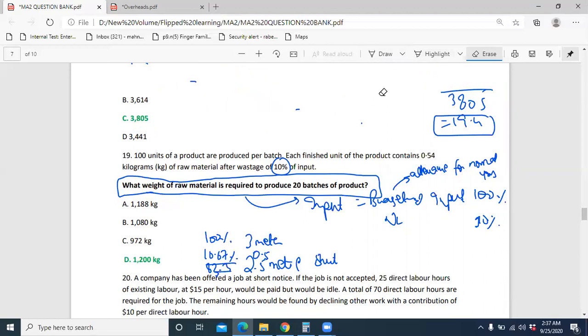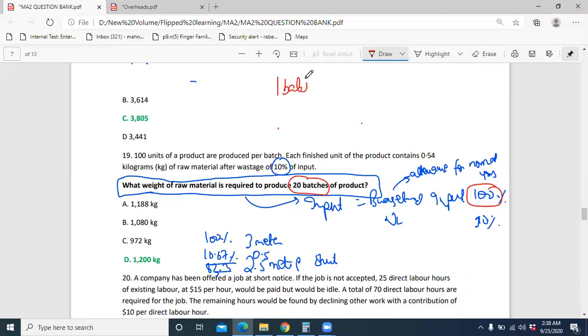In one batch, 100 units are produced, and each finished unit of a product contains 0.54. Just as each finished shirt contains 2.5 meters, but that's actually after the loss, 83.3. So what do you think? Is that what was input to get that one finished unit? No, it wasn't the input. Actually, this is 90% because 10% is the loss. So this particular thing is basically 90%. So when I want to calculate the 100% of the weight that is required to produce 20 batches,